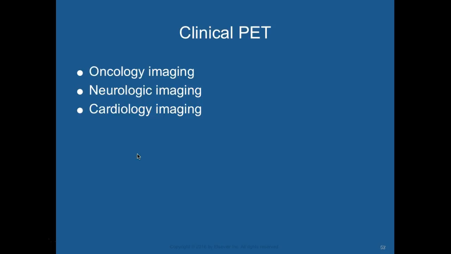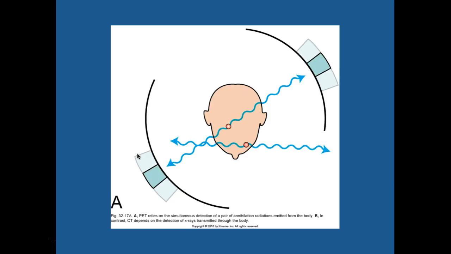All right, so clinical PET, we use it for oncology imaging. That's huge. Neurological imaging, that's coming up and coming, using it more and more for that, and cardiology. And kind of the idea here in CT, so we have 2 different hot spots that will overlay. So PET relies on this